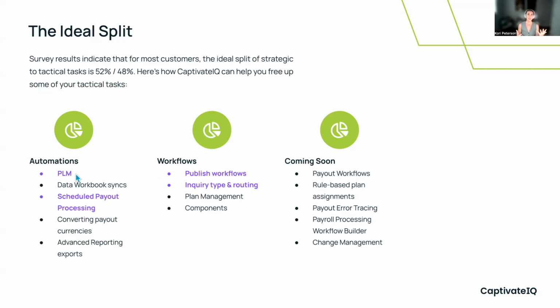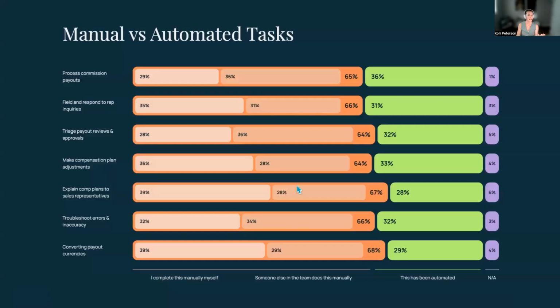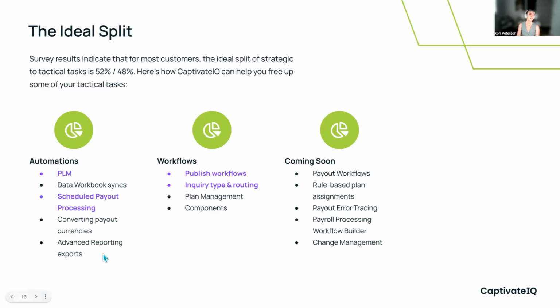So we'll take a look at how you can utilize your SCIM and SSO provider to automate the creation and deactivating of employees as they come on to your company and leave. We'll also take a look at this scheduled payout processing, especially since if we look at this last slide, that is the number one thing that clients are automating right now. So we'll take a look at that as just an easy, quick win for us.